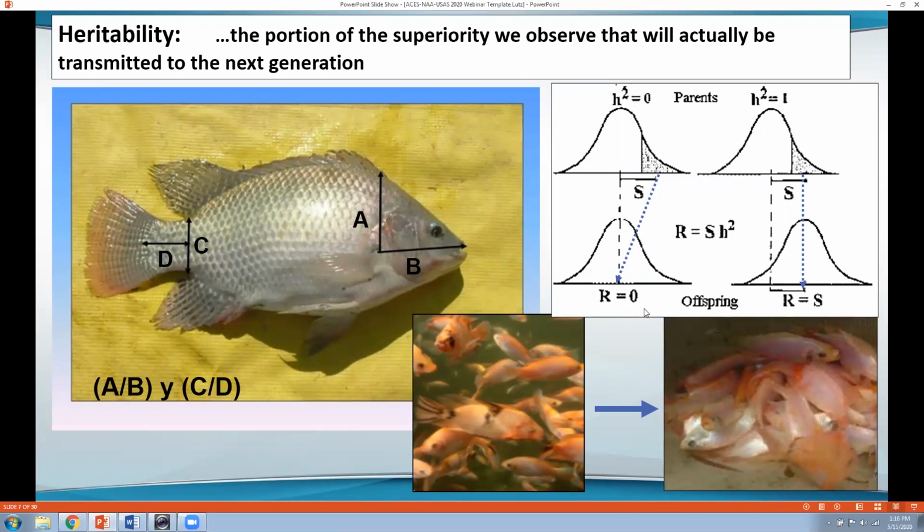You hear people tossing around this term heritability, and they're trying to make you think they're really smart. You're just as smart as they are. All it is, is a portion of that superiority that's going to show up in the next generation, that's going to be transmitted. Now, some kinds of heritability are a little harder to figure out and calculate mathematically, but that doesn't